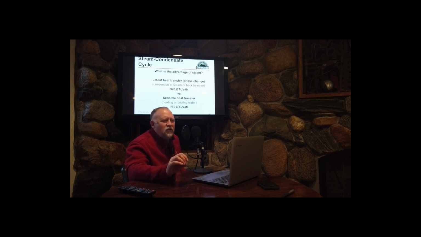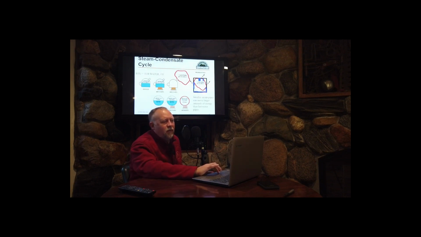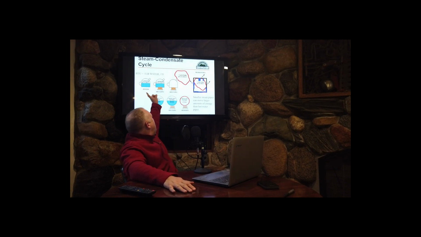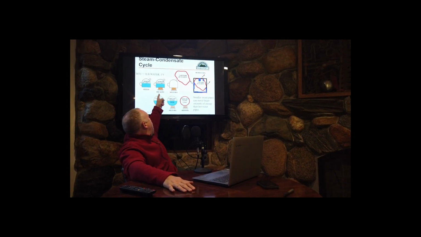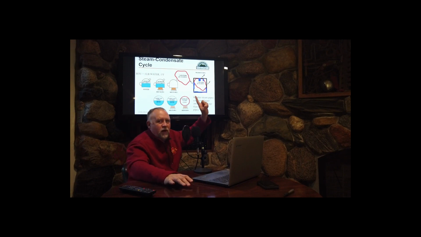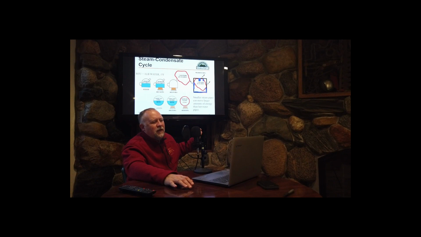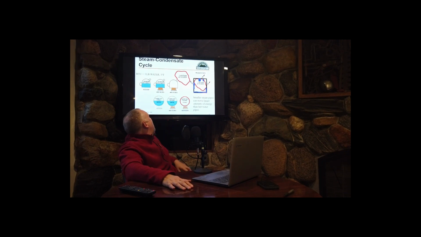We're taking advantage of, hopefully you've heard these terms before in physics, latent heat of vaporization. Got a little illustration here that kind of shows this a little bit better. So if we have water at 70 degrees and we add 142 BTU, and this is 1 pound of water, all right? If we add 142 BTUs to 1 pound of water, that'll take it from 70 degrees to 212